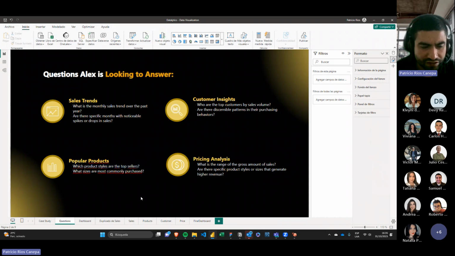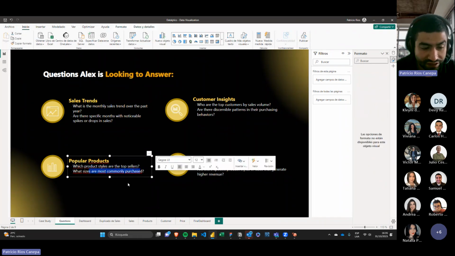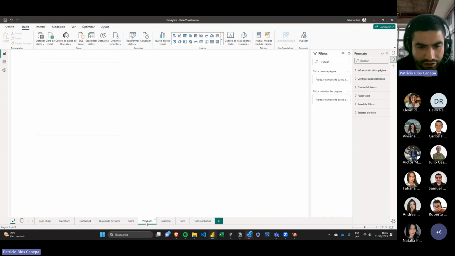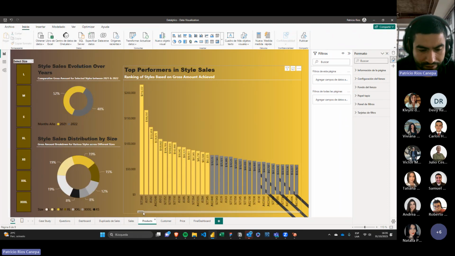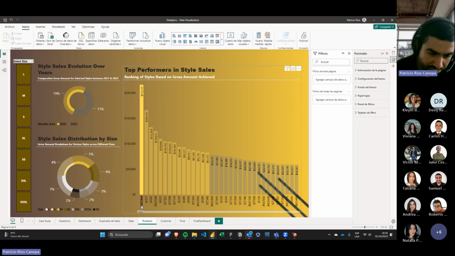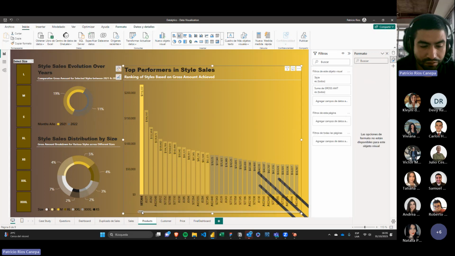And if we go over to the products, we would like to know, as we mentioned here, which product styles are the top sellers, what sizes are the most commonly purchased. So here we have a bar chart that will tell us the style of sales according to which one. I mean the set